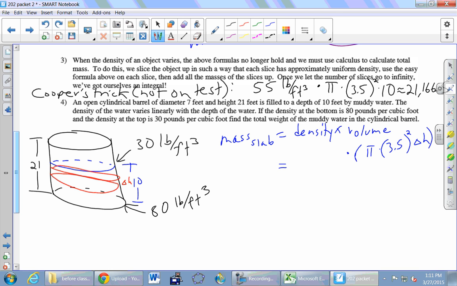So what I'm after here is the density, but the density is no longer a number, right? It changes depending on where that red slab of water is. And so we need a formula here. So how about we say that H is the distance between the bottom of the barrel and the slab. Let's invent what we're calling H, totally our choice here, but from here to here, this distance right here is what we're going to call H.